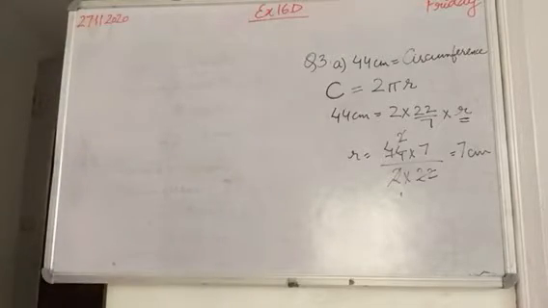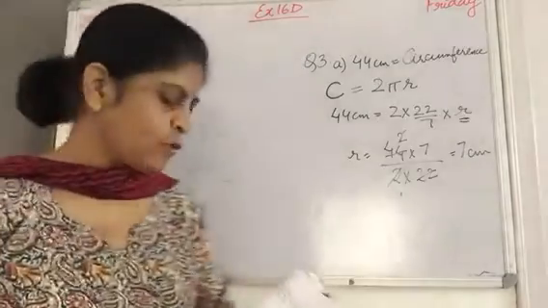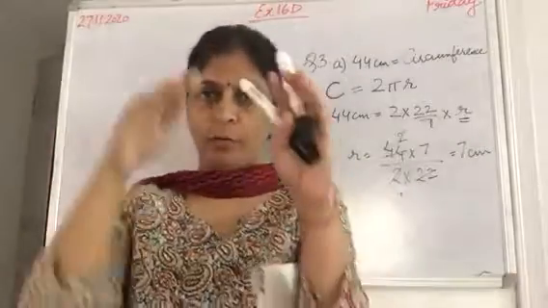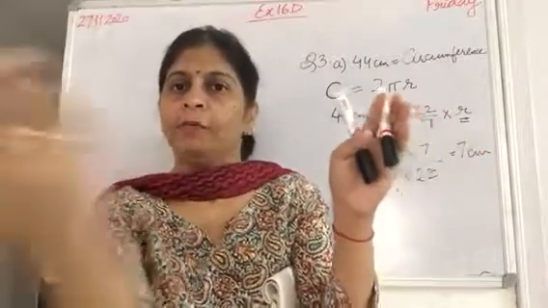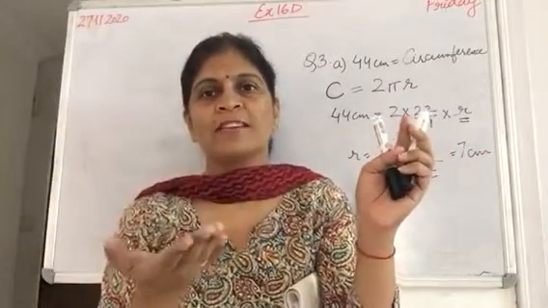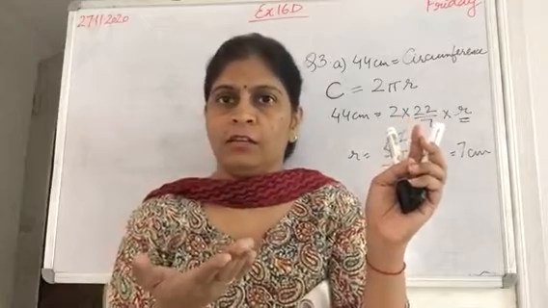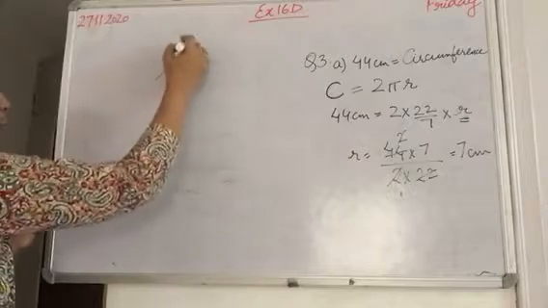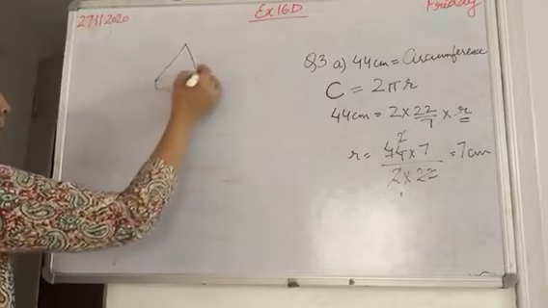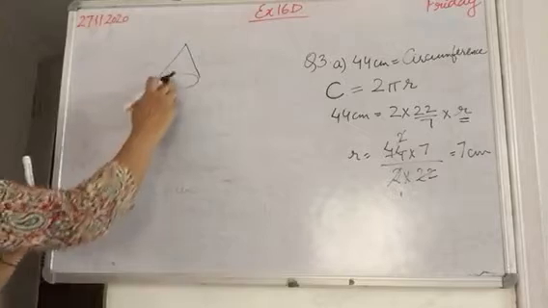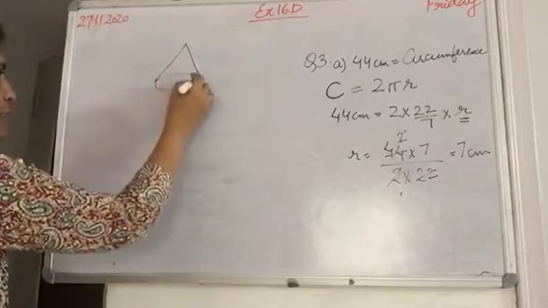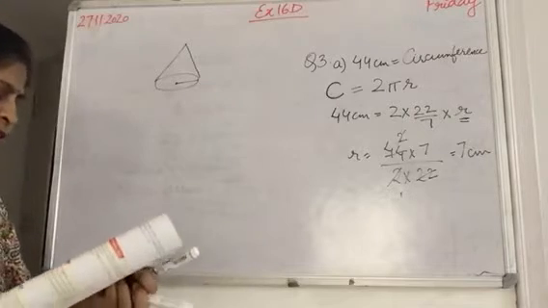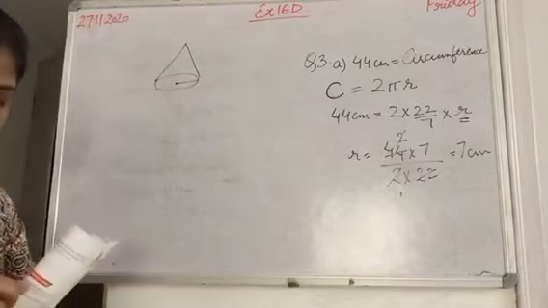Now fourth question says that the radius of the base of a circular tent. If you have seen, the tent is in a shape like this. Yes, and the base is a circle. So base of a tent is a circle. Yes, it looks like a cone. So if you have seen, cone is like this. So this is the base of a tent. So base of a tent whose radius is given as how much? Radius is given as 7 meter. Find the circumference.